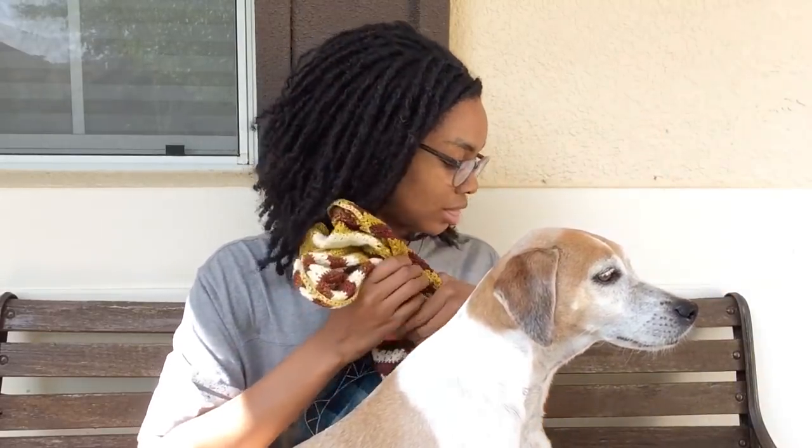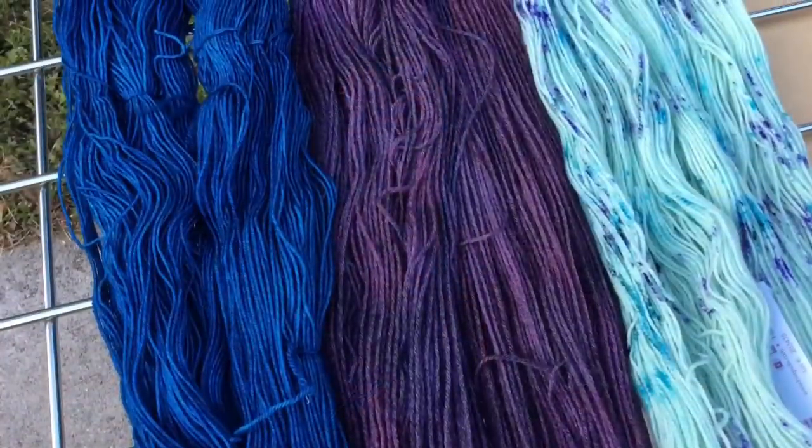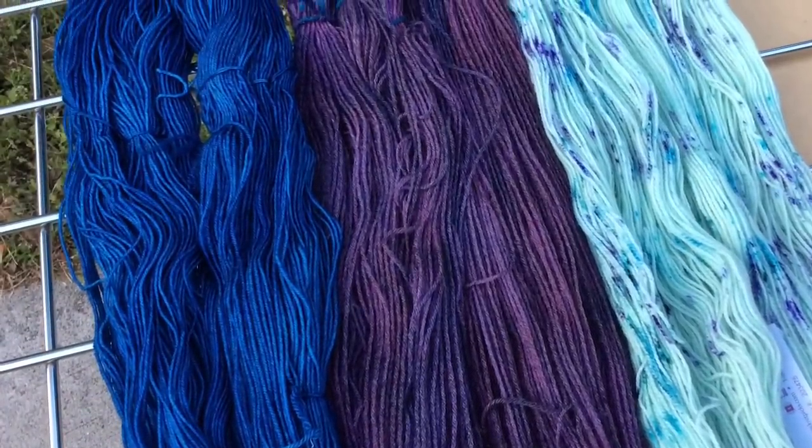It's Kiva, guys. Since they are testing it, I will be doing a second Gemini. So let me show you. Did I even bring the colors out here? No. So I'm going to put up a picture of the colors that I'm going to do for my second Gemini. One of the